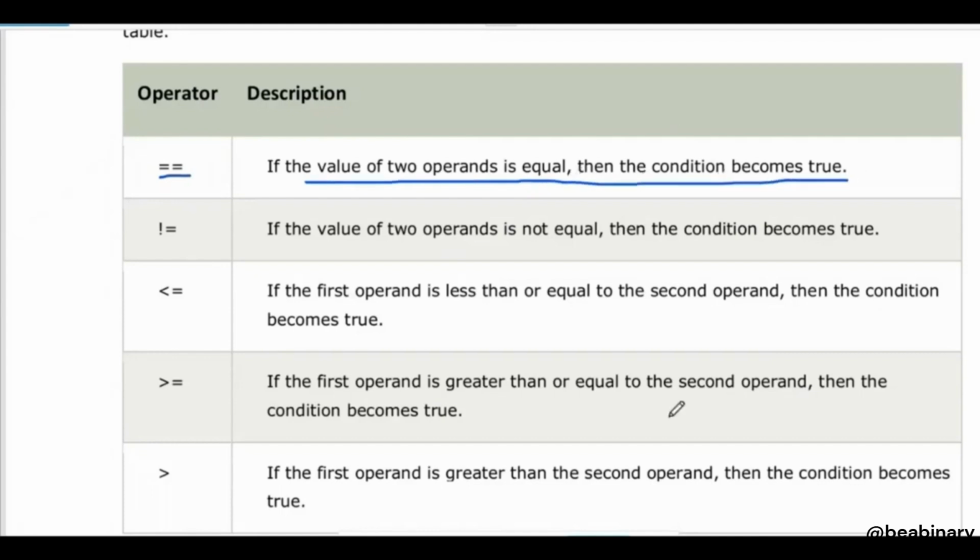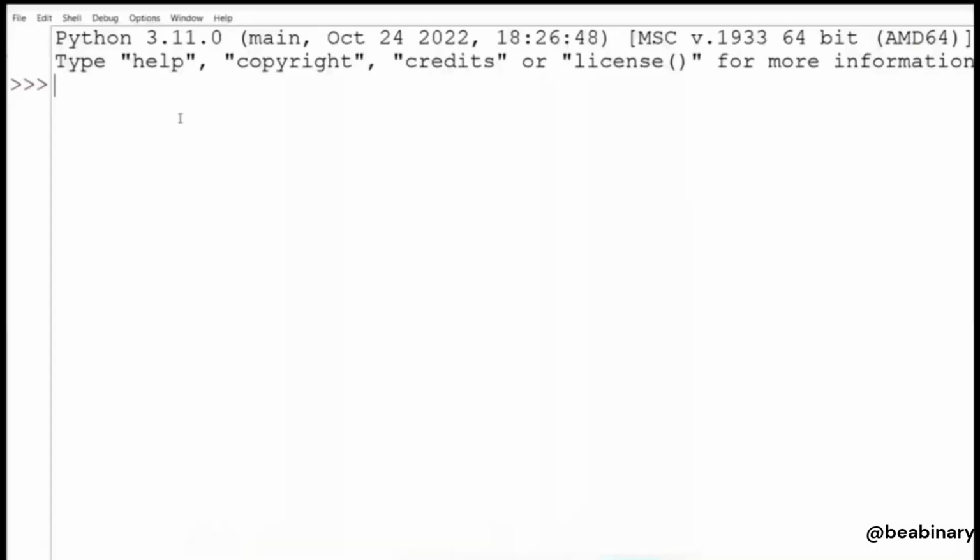What is the meaning of that? Okay, let me show you. For example, there is one variable a, I would declare a equal to 5. Another variable b, I would declare b equal to 6. Now, for example, I have two numbers a and b like this, and I want to compare